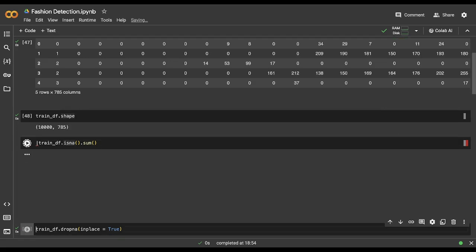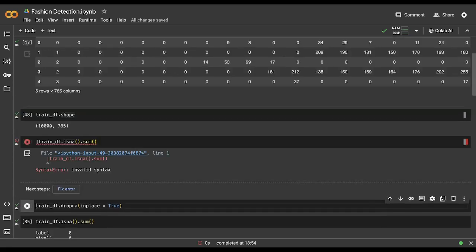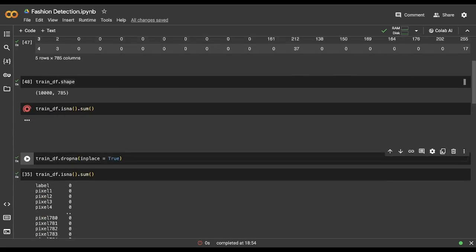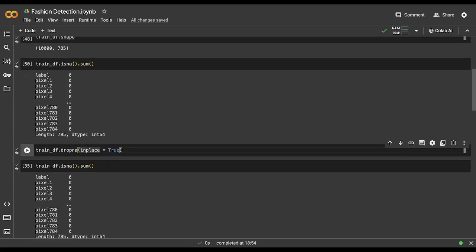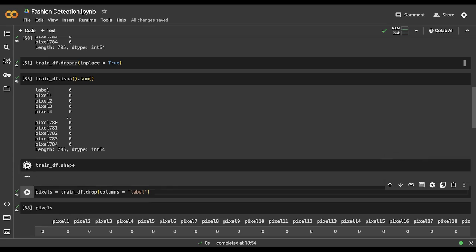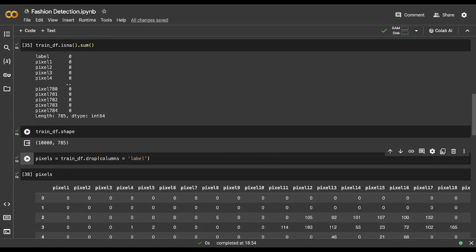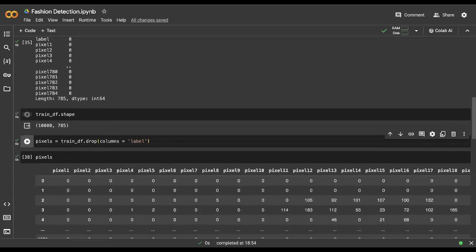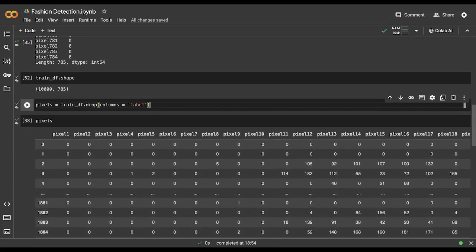So now we'll perform this. Actually, let me remove the unwanted character here. And now we don't have any null values, but still we'll perform this method, and we'll check if there's any reduction of rows. No. So the training set didn't have any null values. We'll then perform the min max scaling. We'll divide our column of label and the pixels.